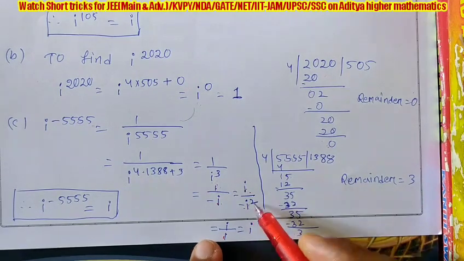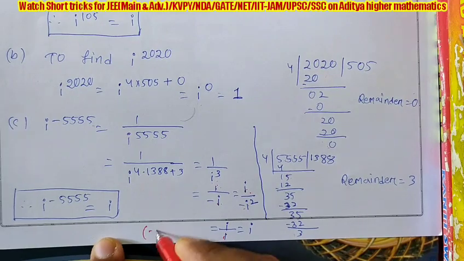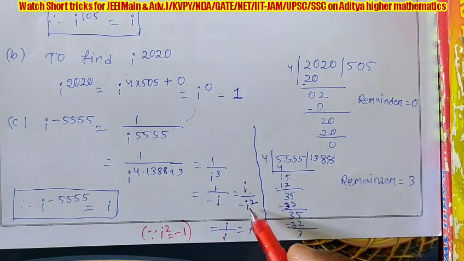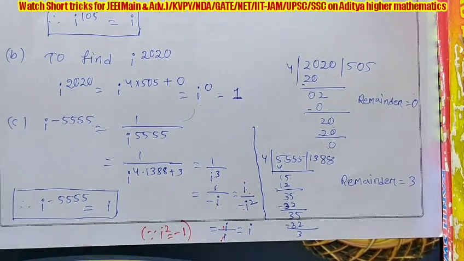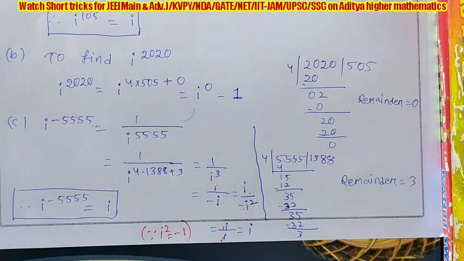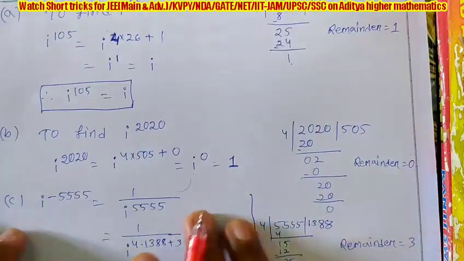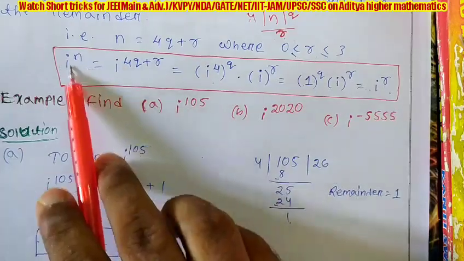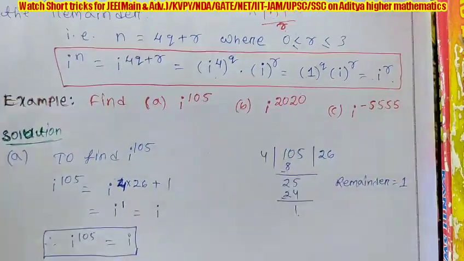That means wherever i square comes, I am using its value. And here also, since i square is minus 1, minus minus is plus 1, and i upon 1 is i. So its value is i. So this is the case. If negative powers are given, you write first 1 by that positive power, then follow the process like positive values. Understood? So this is the way you can do it. Whatever big number is given, it is equal to its remainder. Now we will solve the objective question.